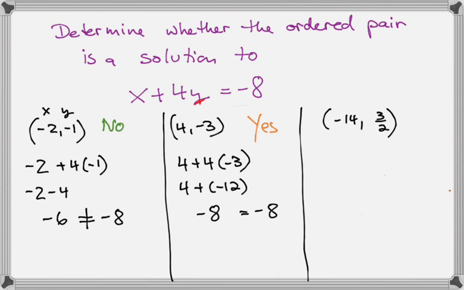-14 plus 3/2 times 4. Is that -8? Yes. -14 plus 4 times 3/2. 2 goes into 4 twice, so -14 plus 2 times 3 is 6. And that is,